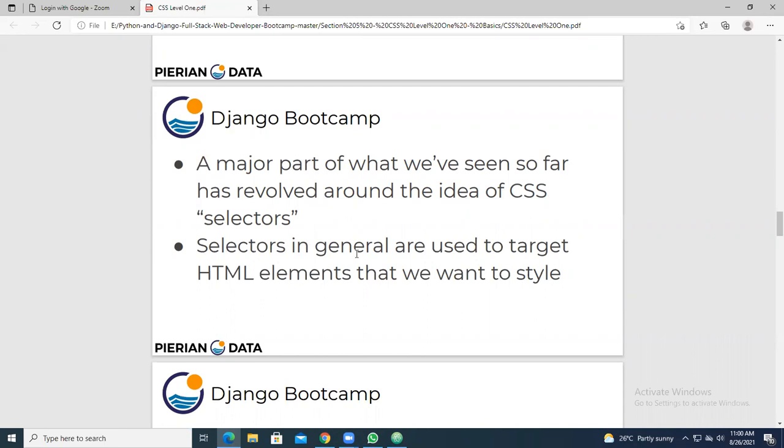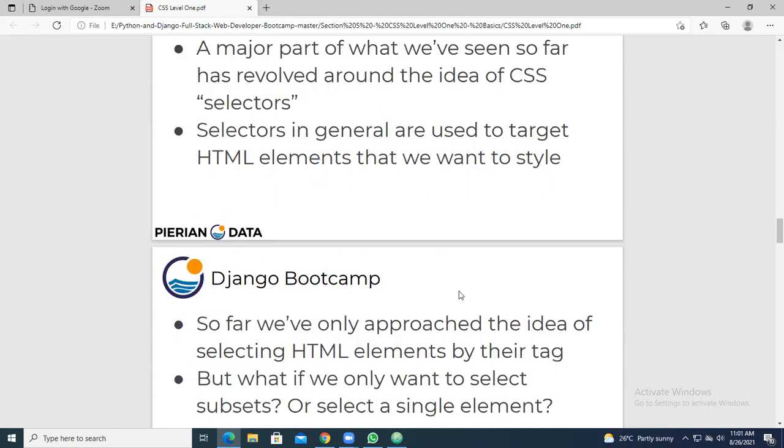Selectors in general are used to target HTML elements. So selectors are used for what? HTML elements. Which are the HTML elements? Tags are the HTML elements. For each HTML tag we are going to style. So selectors are used to target the HTML elements we want to style.